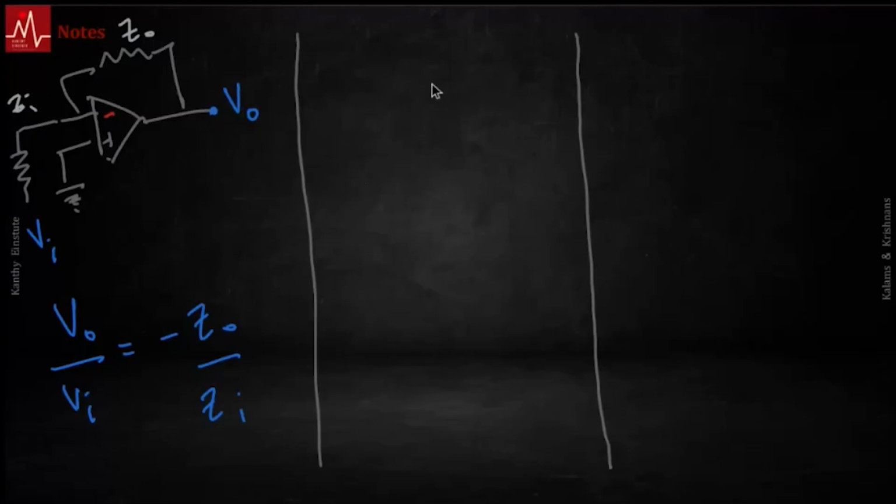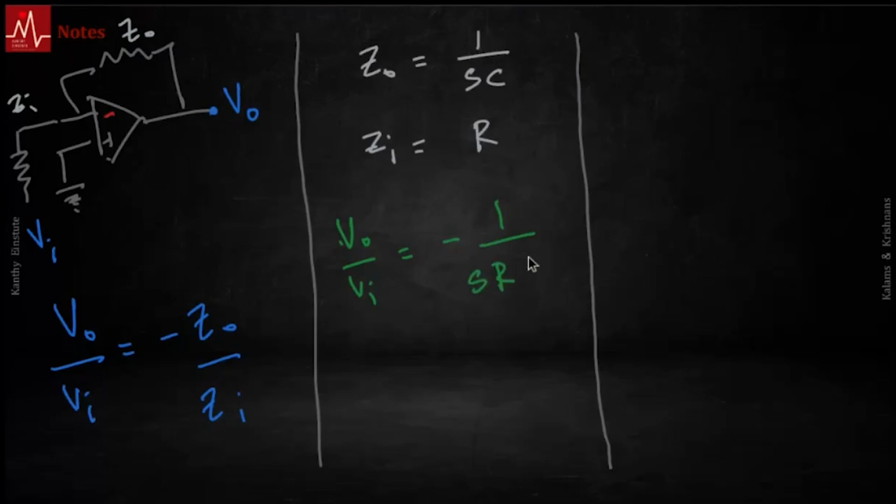In the first, Z out is a capacitor, so Z out is 1 by j omega C, 1 by SC. In that case, V out by V in happens to be minus 1 by